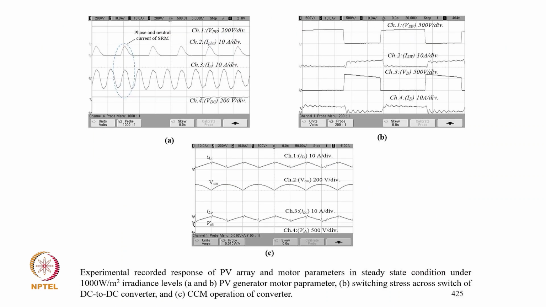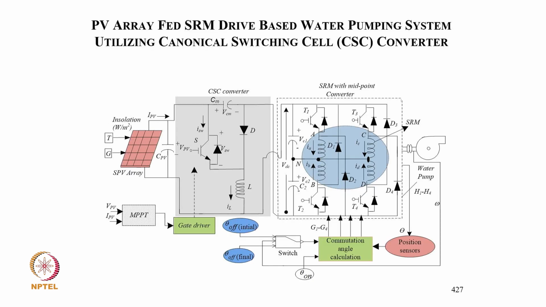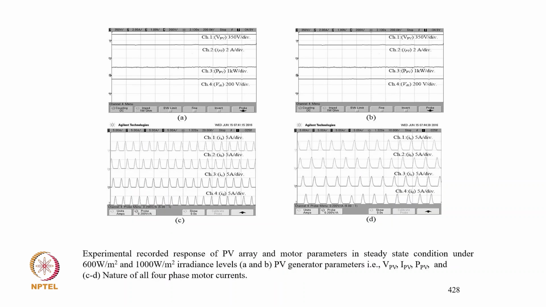This is the segmental setup, and these are the typical waveforms of the phase current of the SRM, the neutral current, the capacitor voltage, and the inductor current, and then the starting, which performs speed control. Then the Cuk converter is used for MPPT and driving the motor, with the different waveforms: PV voltage, PV current, PV power, DC link voltage, and the four winding currents